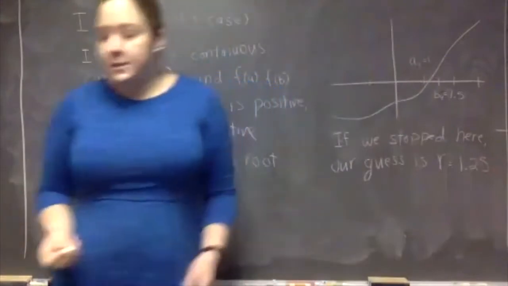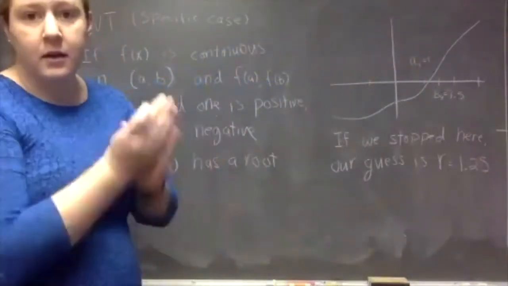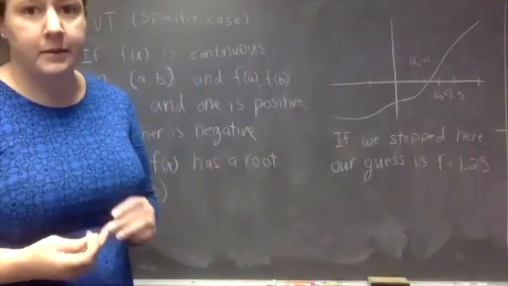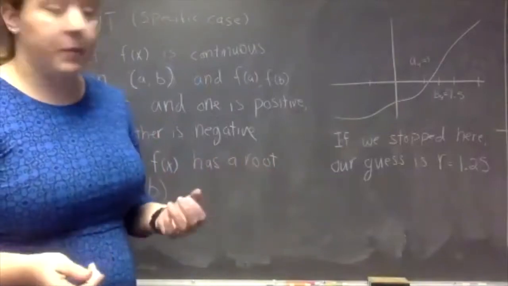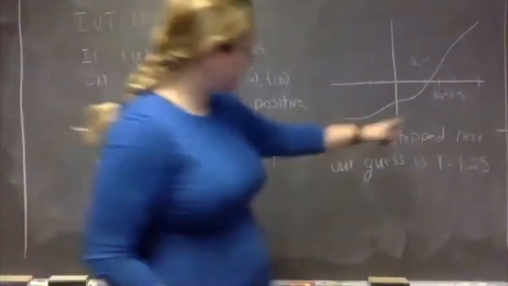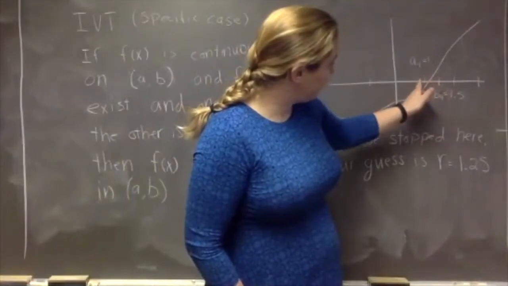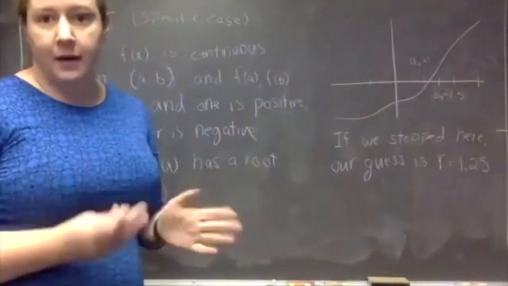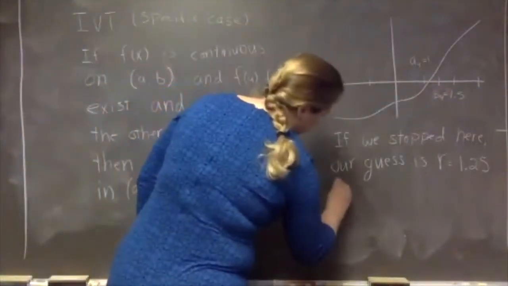So when we guess the root, we don't pick A or B, we pick the point in between A and B, because we know the root's somewhere in the middle of there. We don't know that it's directly in the middle, but if we pick the point right in the middle, then what we know is that the error, if our guess is 1.25, and we know the root's between 1 and 1.5, then our error is no larger than the half interval. So the error in this case,